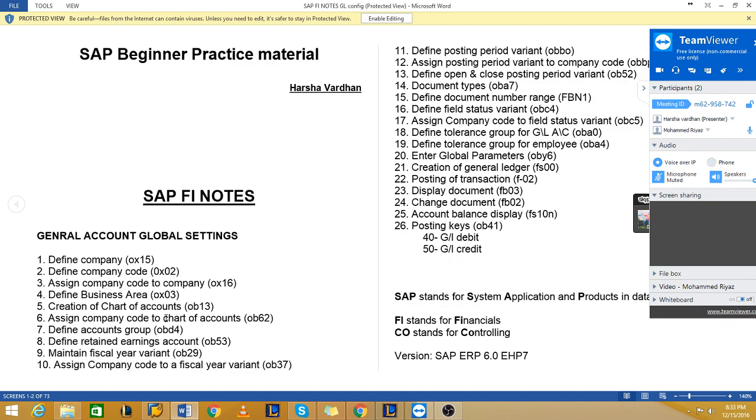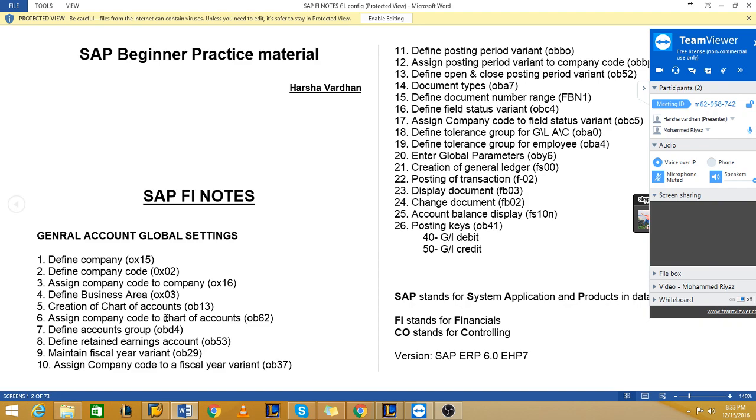It also holds the number ranges. When you post an entry, a document is generated, and a track is maintained in the system with document numbers. Those document numbers also come through the document type settings.